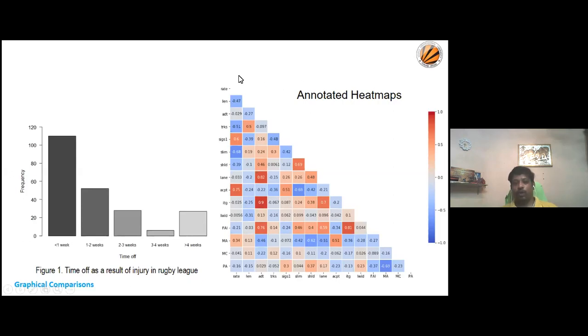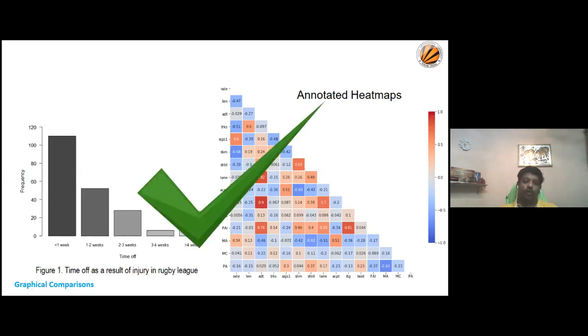Another best way, which we are recently witnessing in our research articles, is how you present your correlation coefficients. It's a very different way of presenting your data, how the correlation coefficients, the presentation of your Pearson correlation coefficients. These are some examples of the best ways you can present your data.